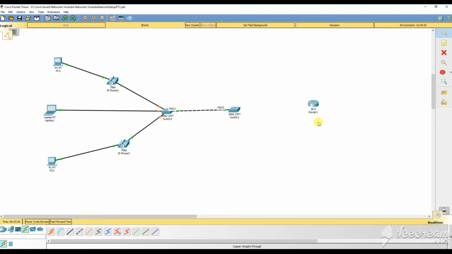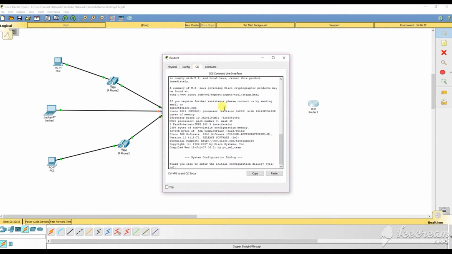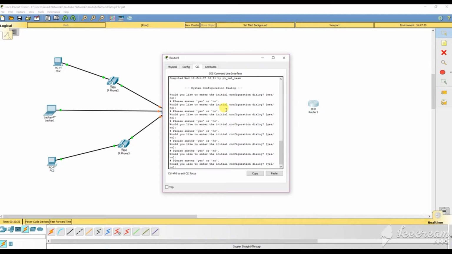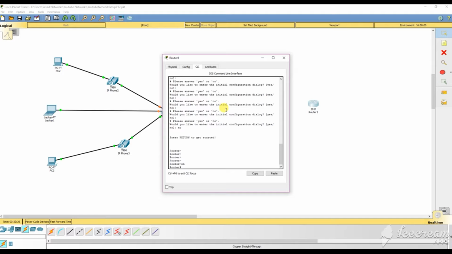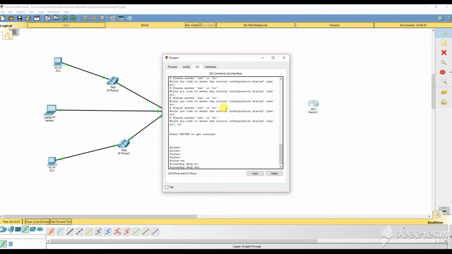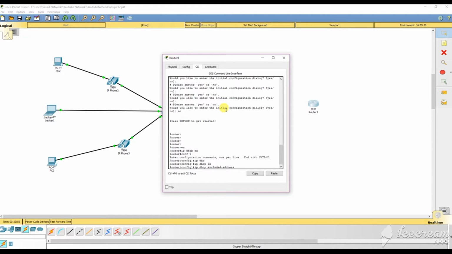Now we're just going to set up the router, which should be too easy. Alright, so we're going to go enable. Then what we're going to do first, we're going to need to set up the DHCP for the PCs. So we're going to go IP DHCP excluded. Oh wait, before we do all that, we have to go to global config. There we go. IP DHCP excluded addresses